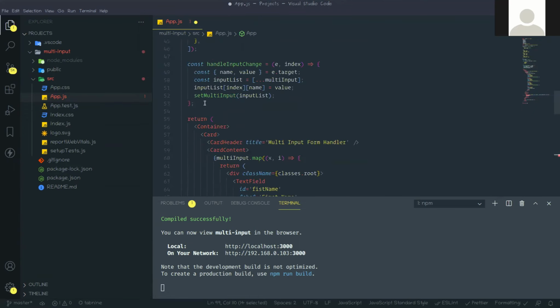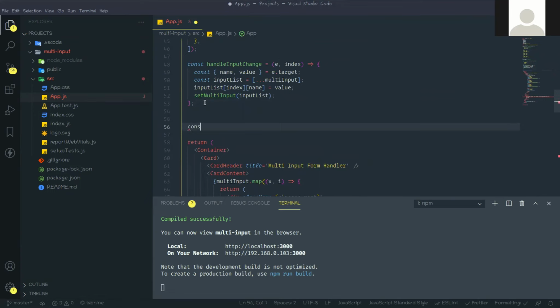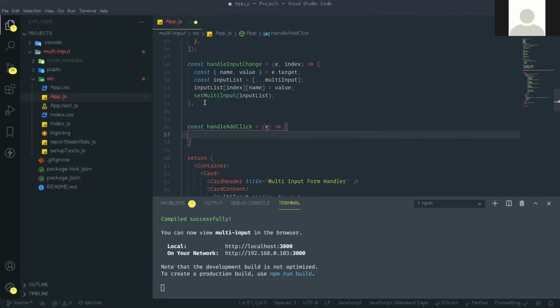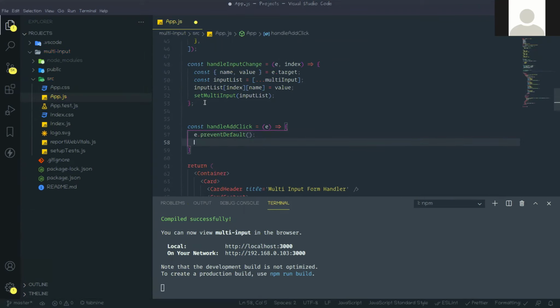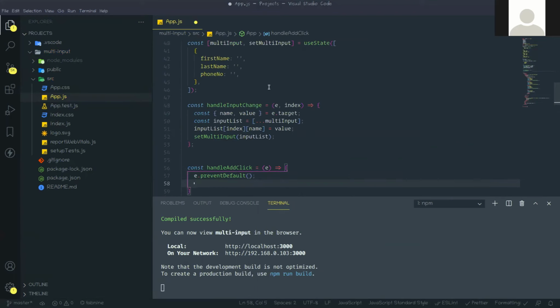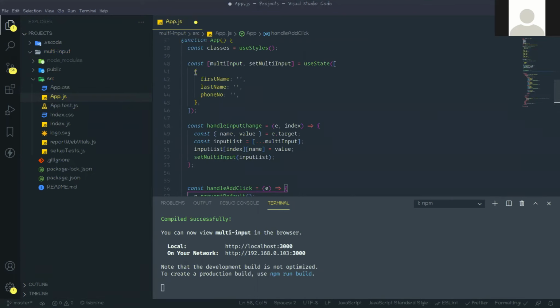So go up, const this method, this will take one argument event, and here first I need to prevent default, not needed, but still okay. Now we need to set that if you click on add, this object will increase, that means the array size will be increased.